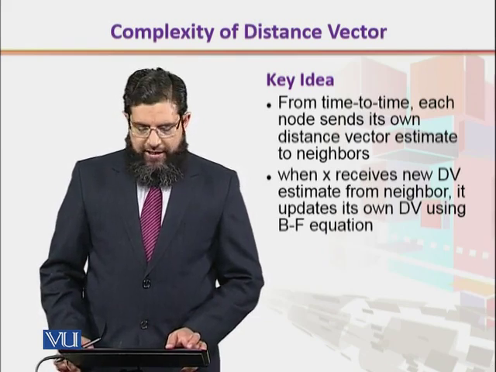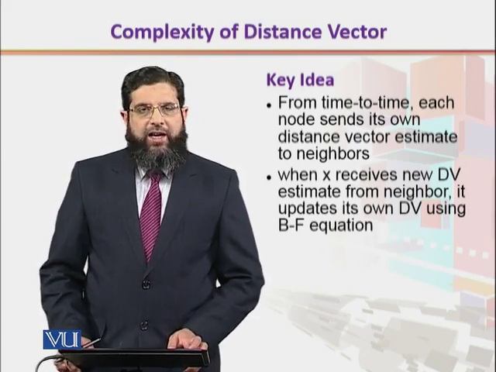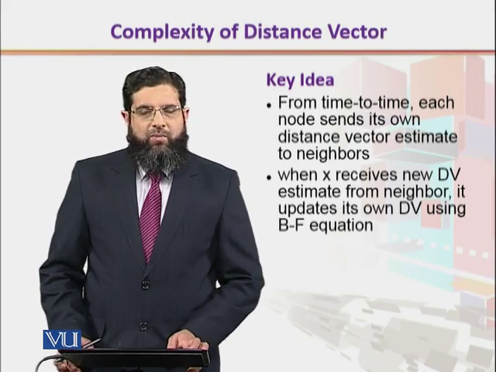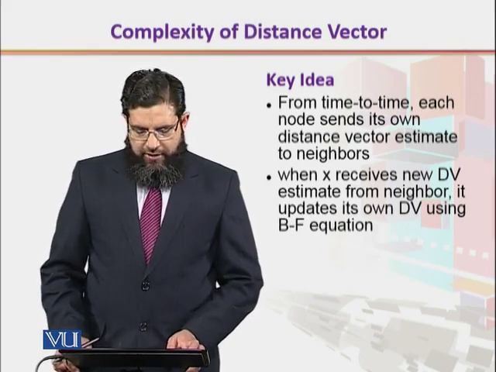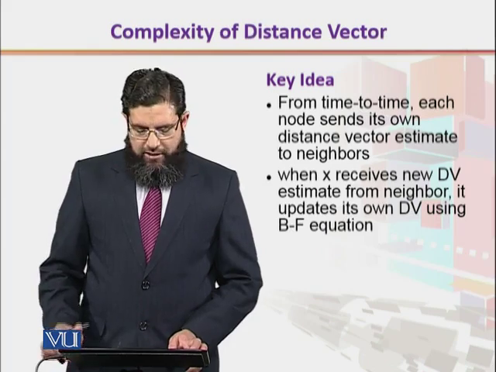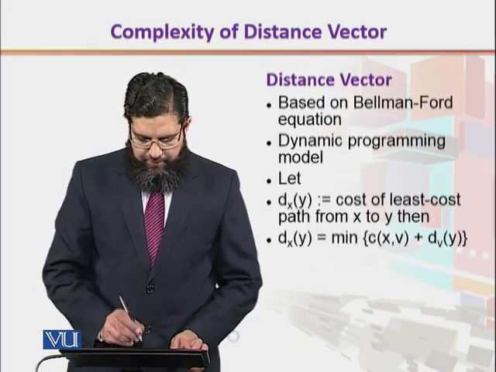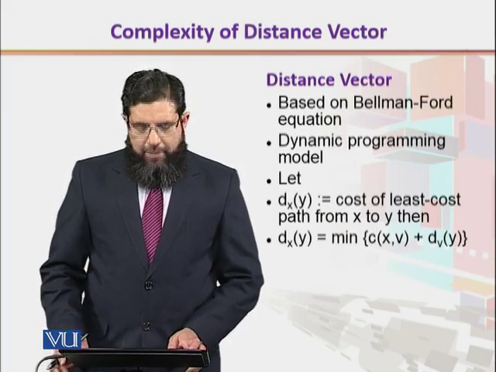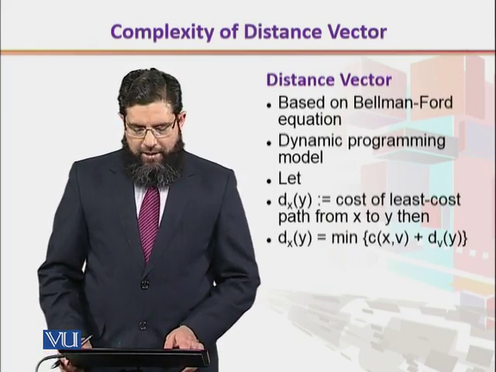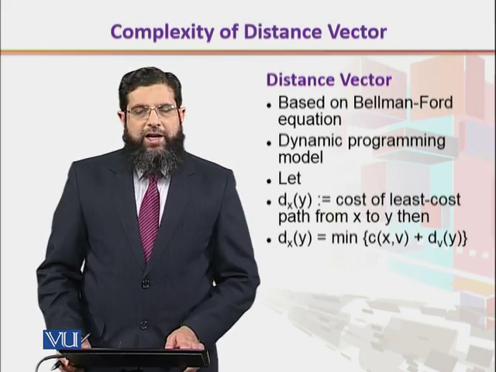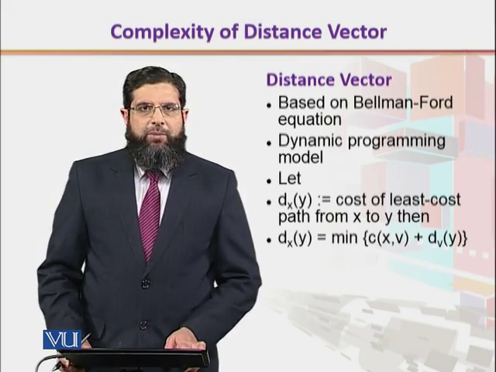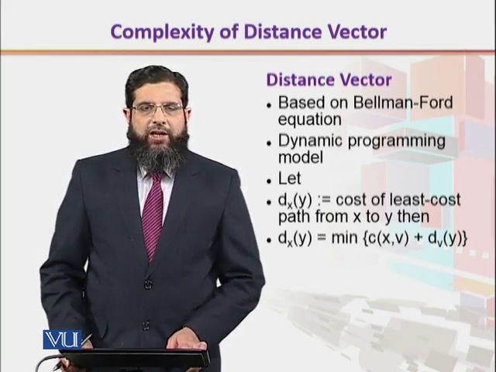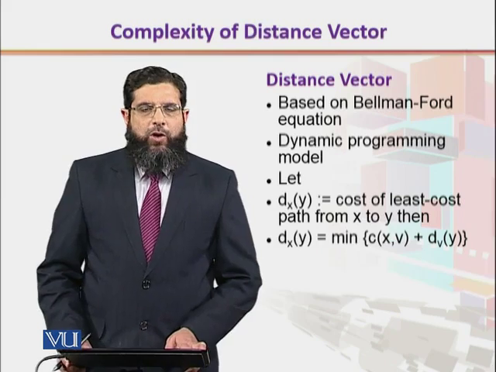So when a node, say X, receives a new distance vector estimate from its neighbor, this heralds or announces a change in the topology. So it updates its own distance vector correspondingly using the classical Bellman-Ford equation. The Bellman-Ford equation is a dynamic programming model. It gives us a perspective of building the information in a graph by starting from one side and slowly moving